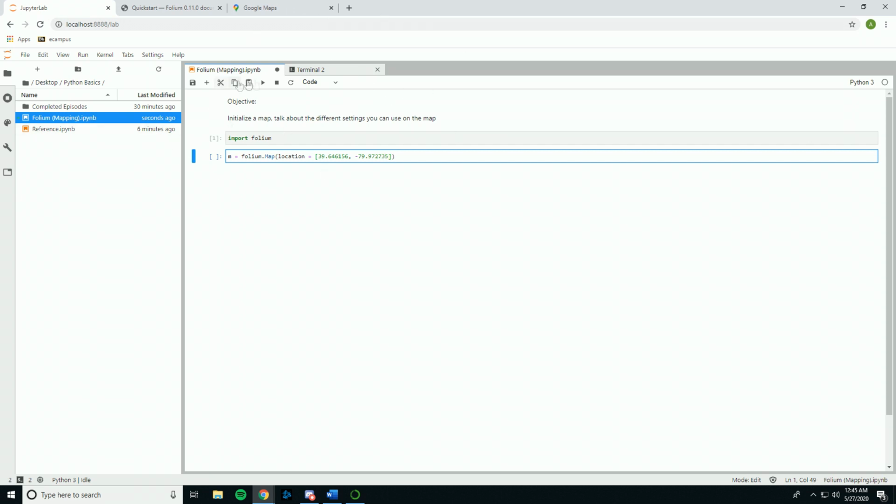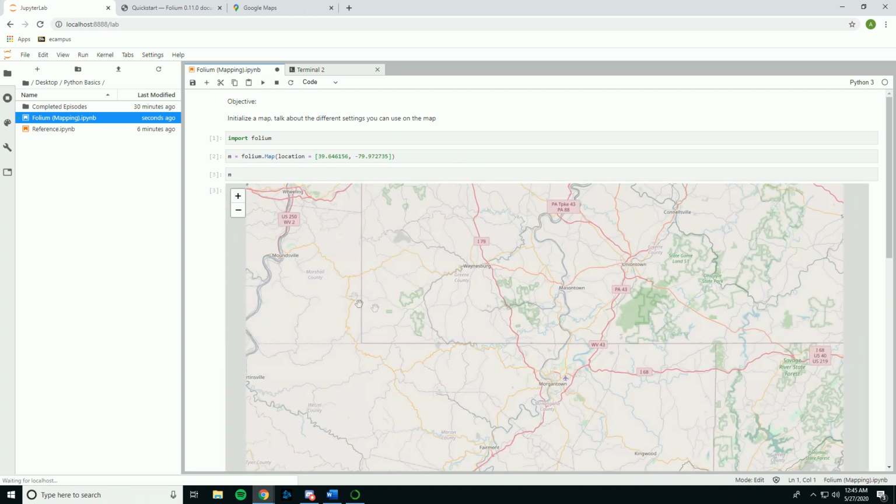Alrighty. So if we go ahead and just load this map up here by typing m,